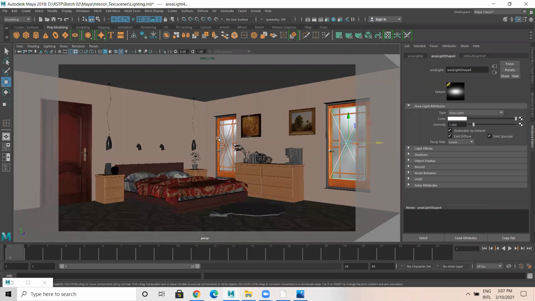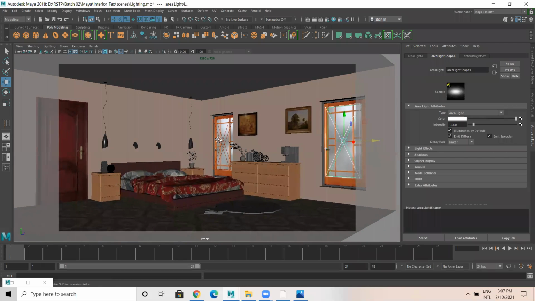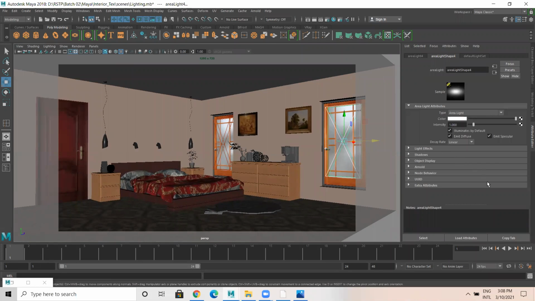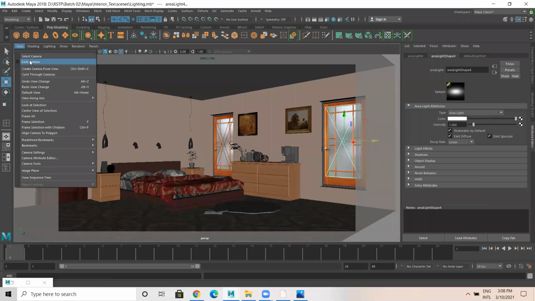I would like to bookmark this particular view. So view, bookmark. You know what a bookmark is? Normally when you're browsing some website and you like that particular page and you want to save it, you bookmark it and on the web page tab that particular page will be there. Similarly here also, view.